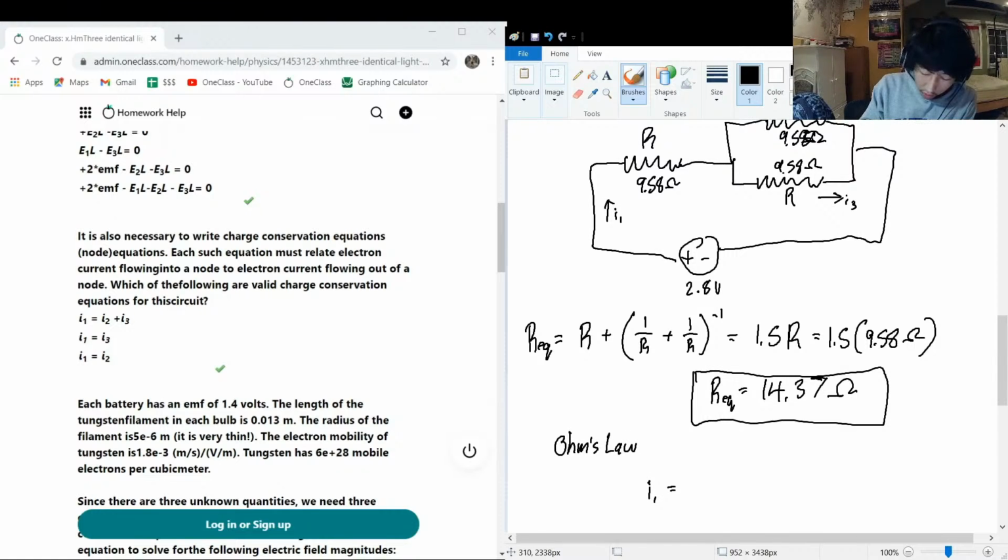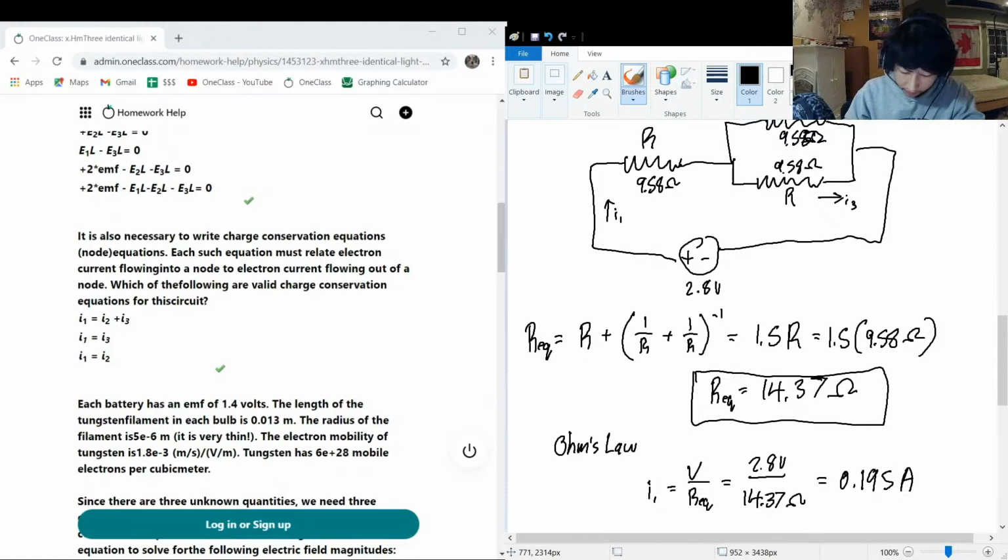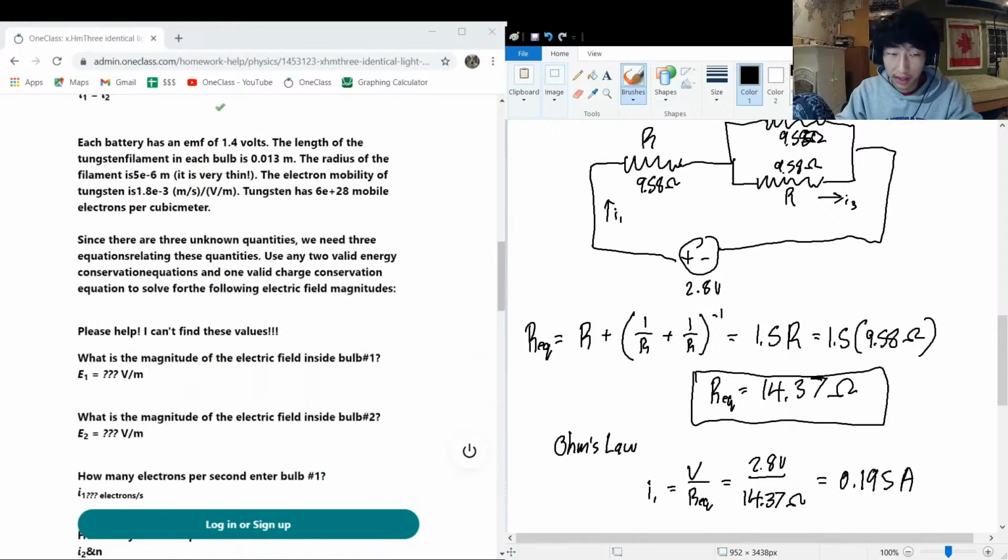I1 is equal to V over REQ. V is 2.8 volts. REQ is 14.37 ohms. And doing this math real fast, that times 2.8, this corresponds to 0.195 amps. Okay, so that was one of the things that we're asking for, the current